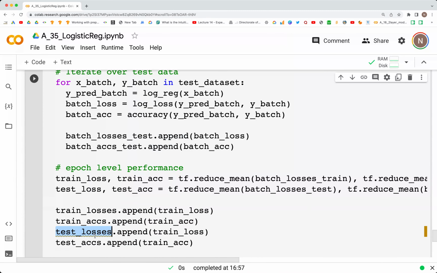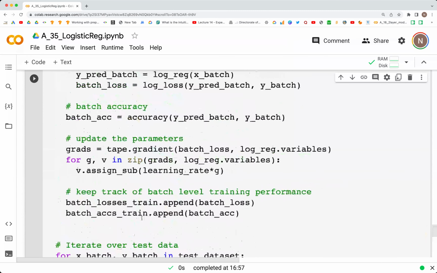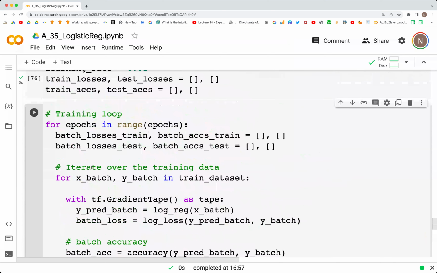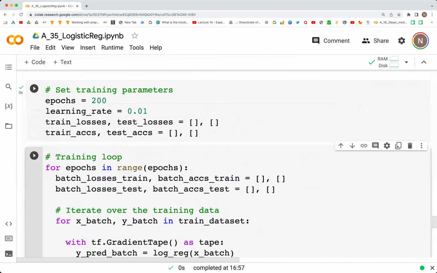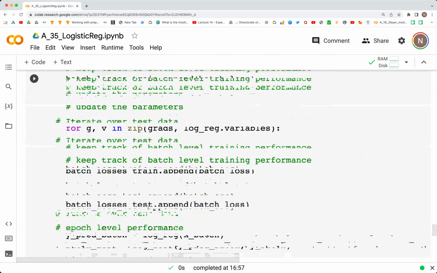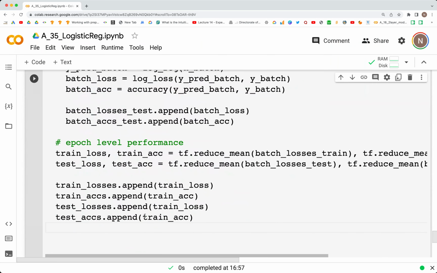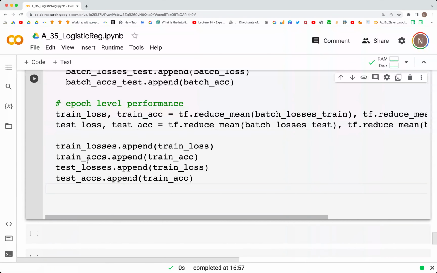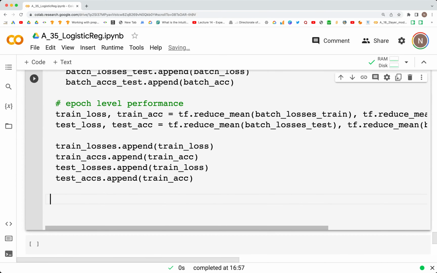So I wonder why this is showing an error. Let's go back up, and test_accuracies, test_losses, that looks okay. Let's go back down. Yeah, so that looks fine. So we have the train loss, train accuracy, test loss, test accuracies, and finally we have if epoch